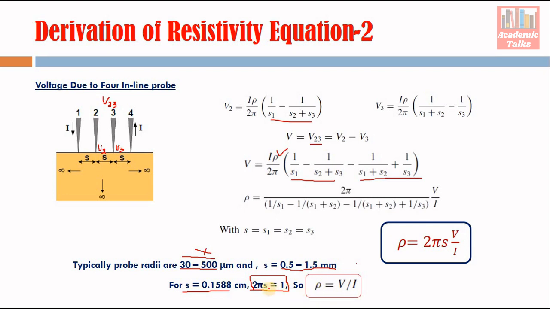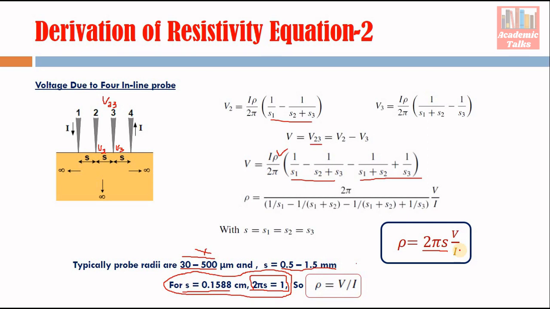But most of the time you will see that this 2 pi S is not 1, because it's not necessary. I just explained that if it happens then calculations become easy. Otherwise this part doesn't have that much importance, because it depends on the system which you are using for probe resistivity measurement. S may not be this much. So the main thing is that this is the final equation of resistivity, and with the help of this equation you can find out the resistivity of any sample. And remember, this part is constant for a given setup. You just have to know the value of V and I, and that is sufficient. That will do your job.